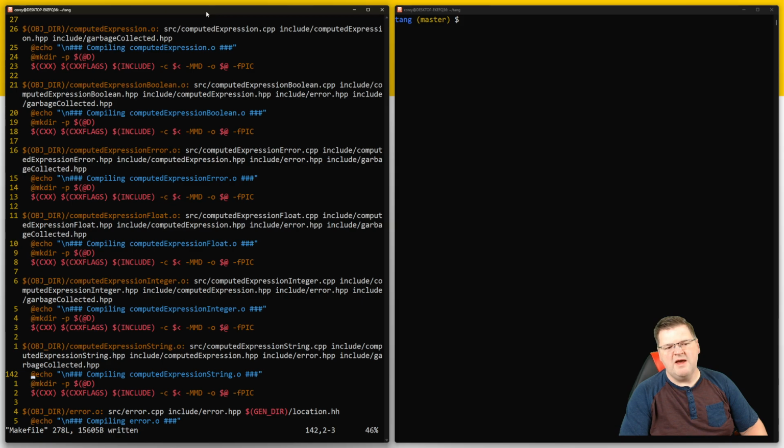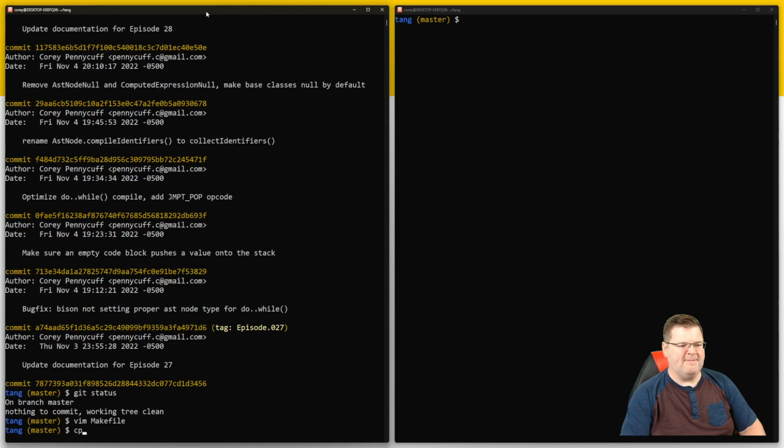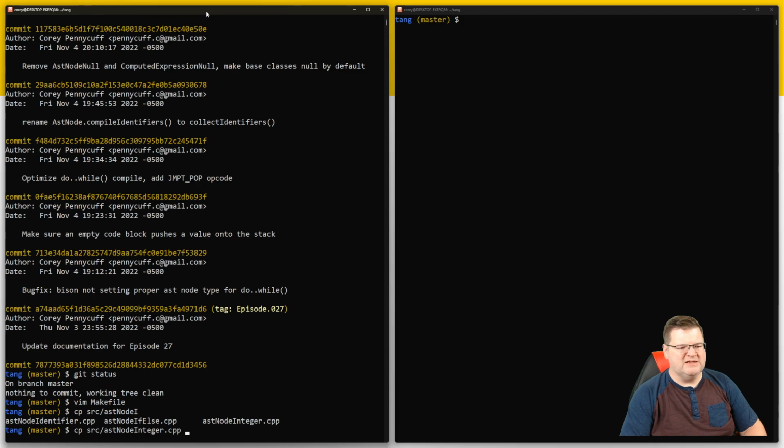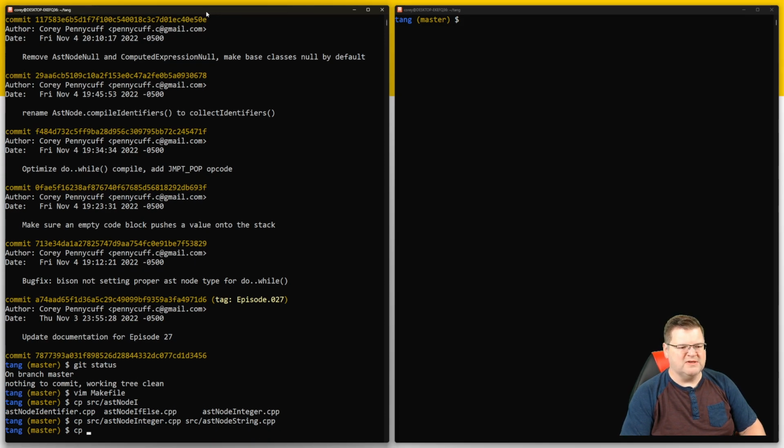Okay, so now we've told our program that we want it to look for these things. Let's copy them. So we're going to copy the source for AST node, and which one should we use? We'll start off with integer. Why not? Integer, and we'll call this source AST node string.cpp, and we will do the same thing for the include AST node integer for include